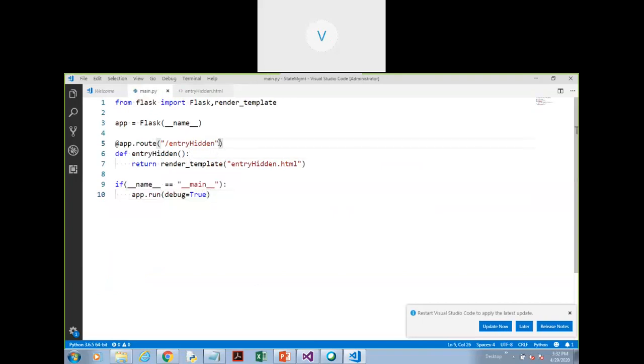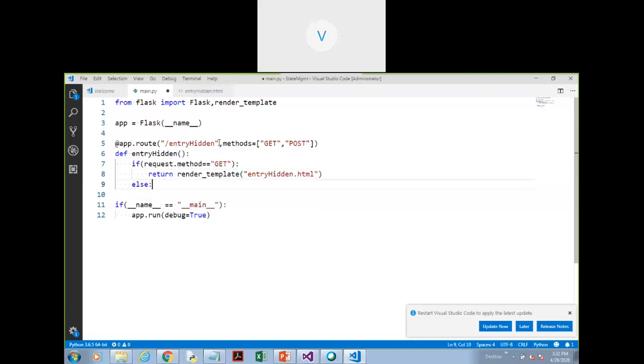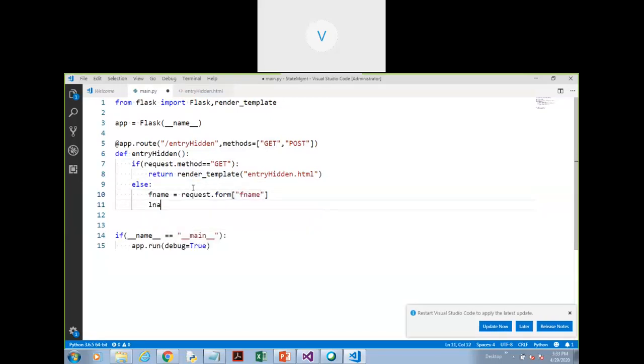ठीक है. Now I will use the get and the post technique also. So methods equal to get, and here I'm going to write post. So if request dot method equal to get, then we are going to render the form. Then f name is equal to request dot form, and here I will write f name.